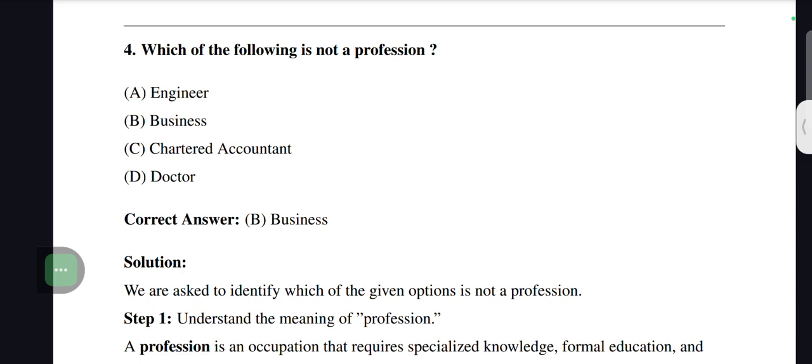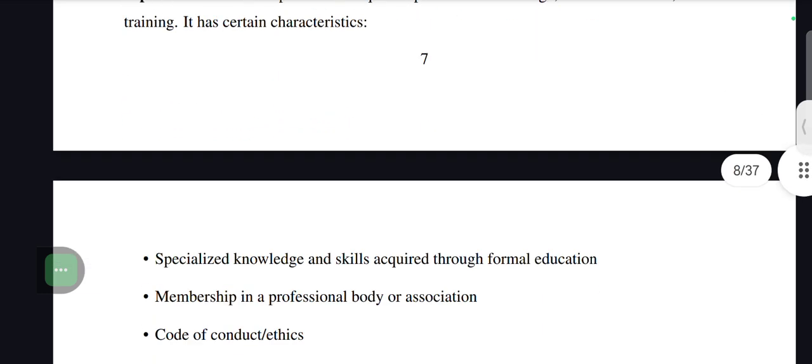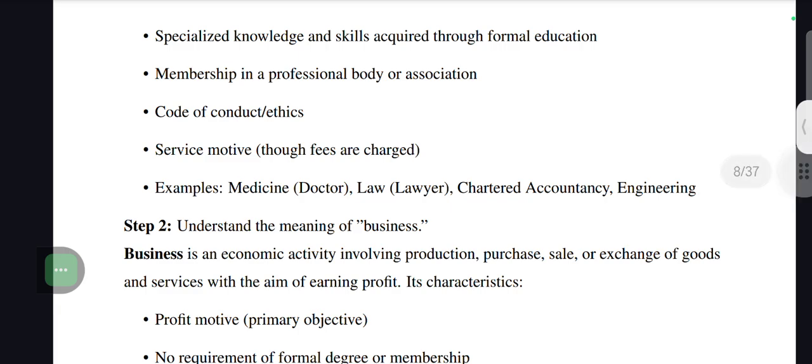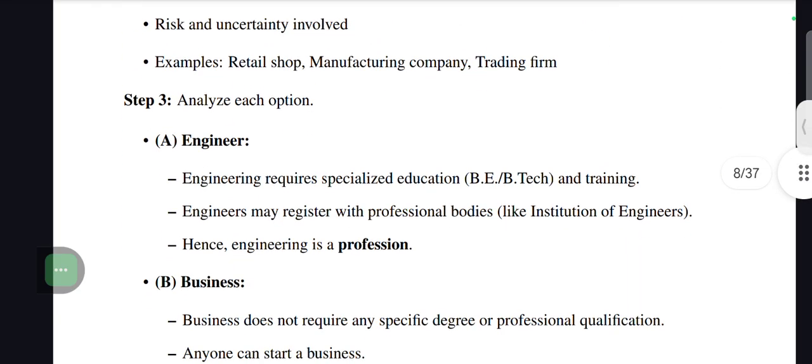But business, as the definition says, is an economic activity that involves production, purchase, sales, exchange of goods and services with the aim of getting profit. Okay. So therefore,